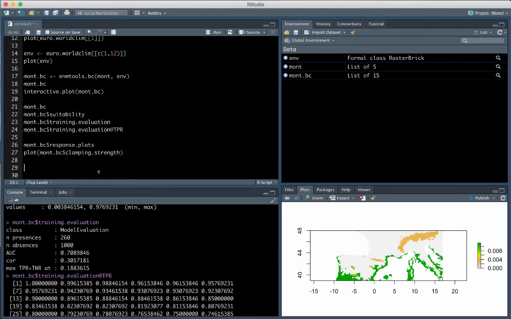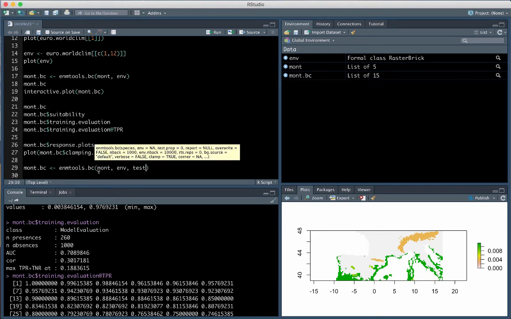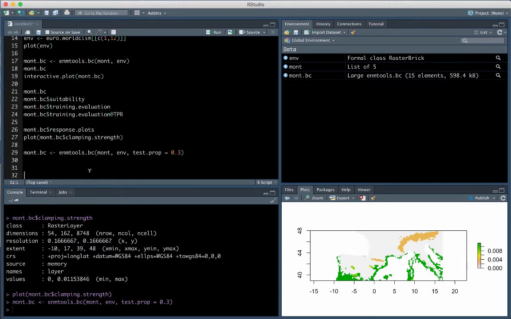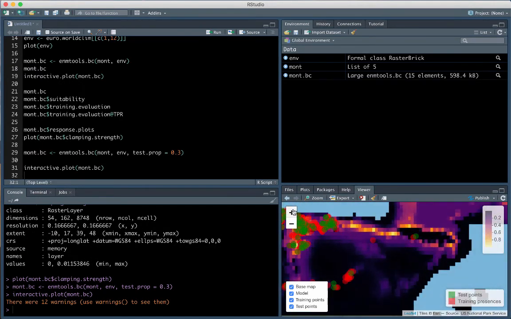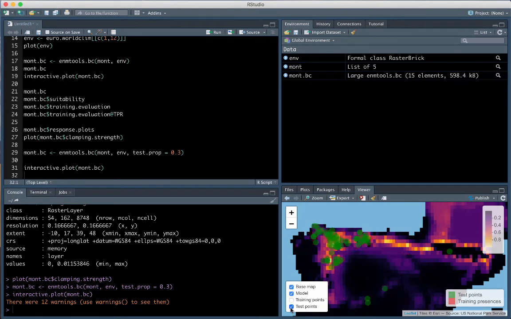We could actually do mont.bc is enmtools.bc mont inf. And to set aside some test data randomly, all we have to do is say test.prop equals 0.3. That's going to set aside 30% of our data for testing randomly. So this is that sort of spatially non-structured test data, and it does that automatically. And now if we actually go to our interactive, tiv.plot mont.bc, you'll see that you've now got your predicted suitability, but you've got training points and test points separately,